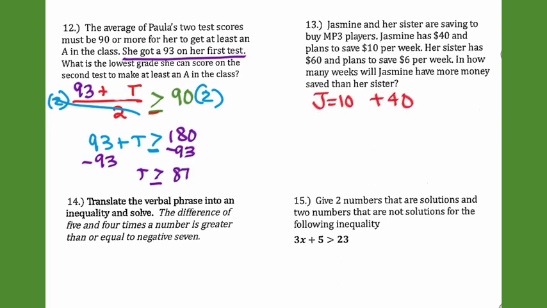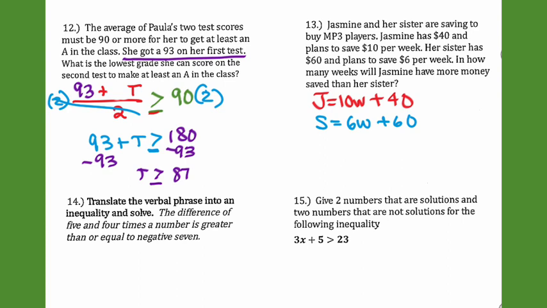Getting that test has to be greater than or equal to 97. On 13, we have Jasmine and her sister saving up for an MP3 player, and we know that Jasmine has $40 and is saving 10 a week, and her sister has $60 and is saving 6 a week. And because this represents how much money they have, we know it's literally